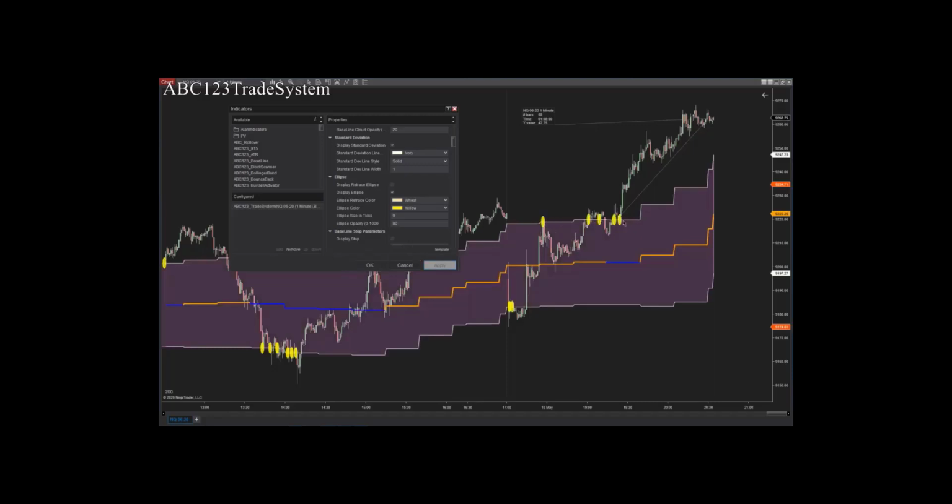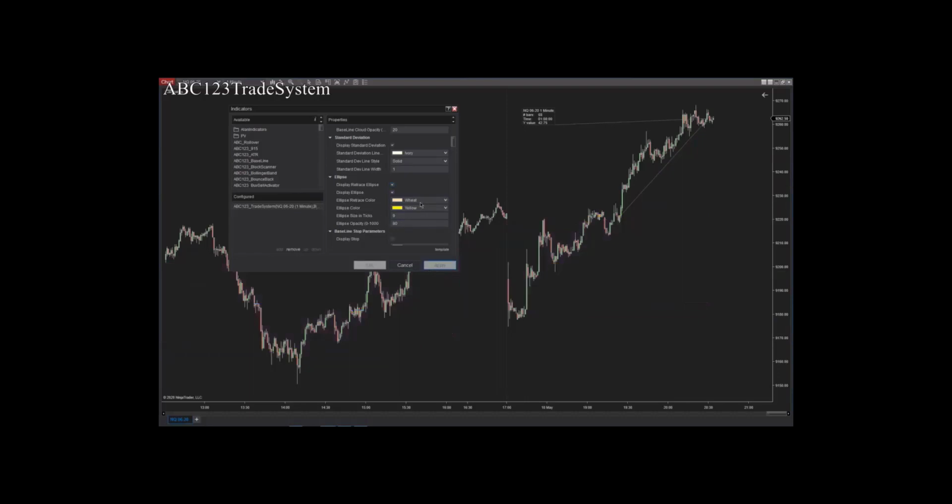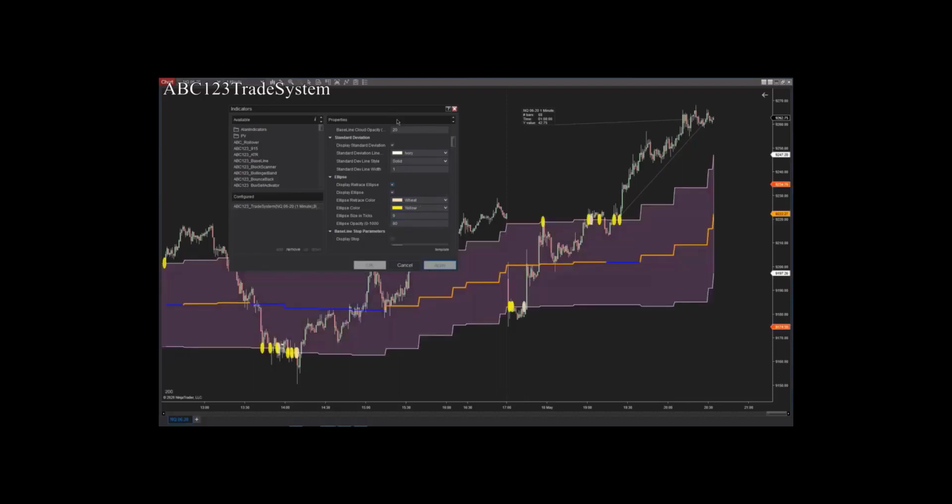As you can see, they're much darker, but we know our areas of interest. Now, what happens is if we miss our trade and it comes back in and pops out again, let's say farther down the road, what I also added was a retracement ellipse. The retracement ellipse is a different color. It will show areas of interest as we just broke out of the trend, or out of the cloud, came back in,